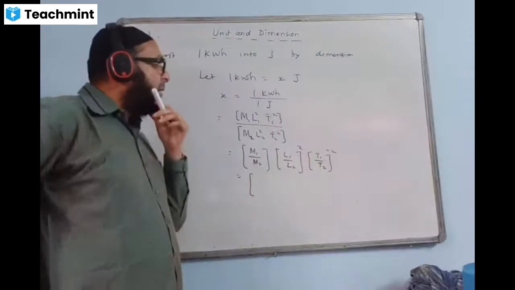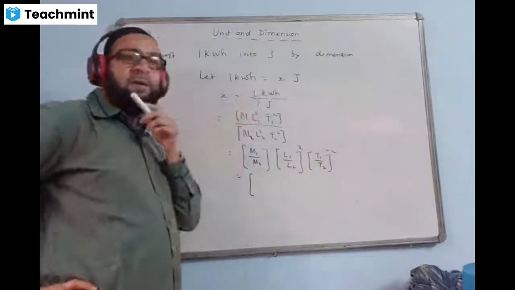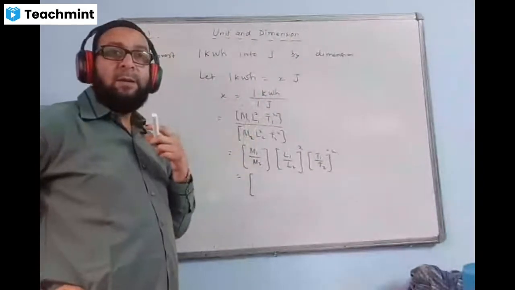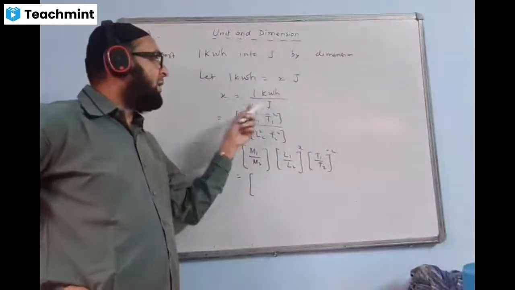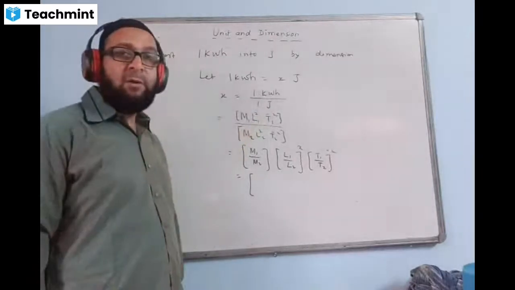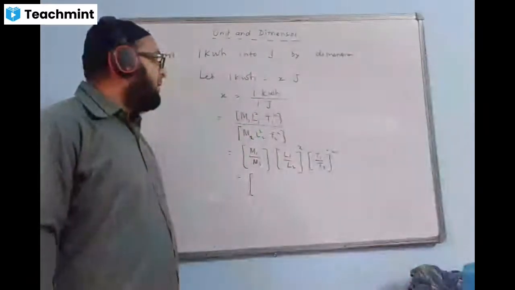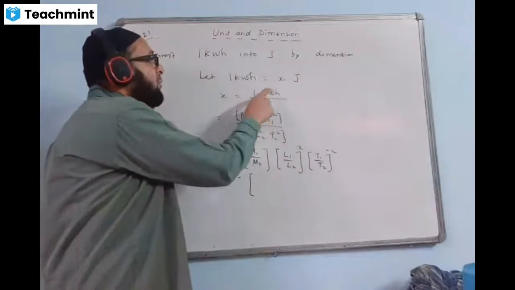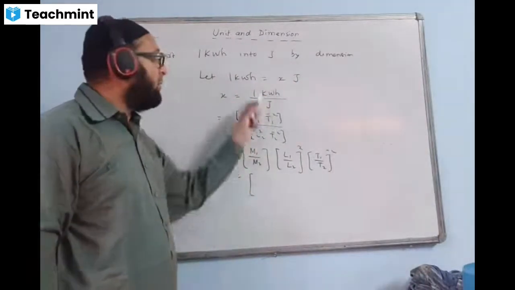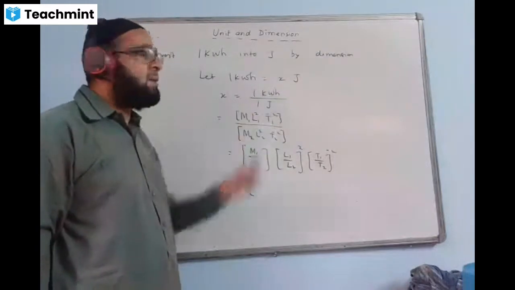How are they different? This 1 kilowatt hour is not the SI unit, remember it. And joule is the SI unit. So it is not one system of units like the CGS system or FPS system. Kilo means 1000, and watt means joule per second.